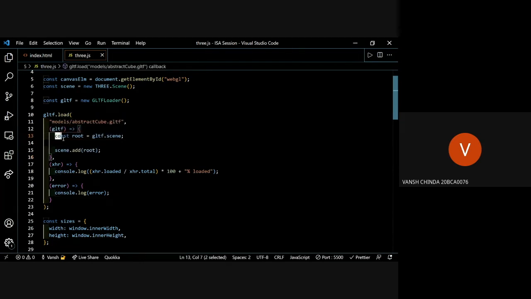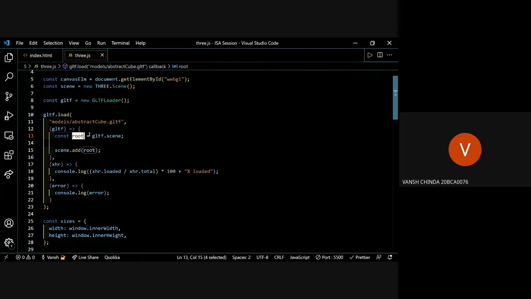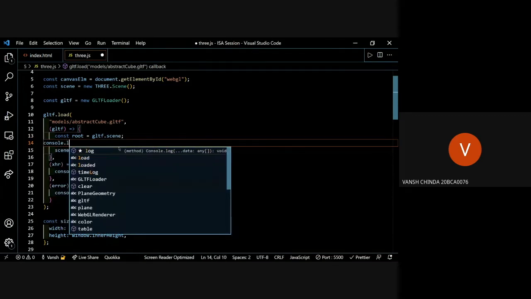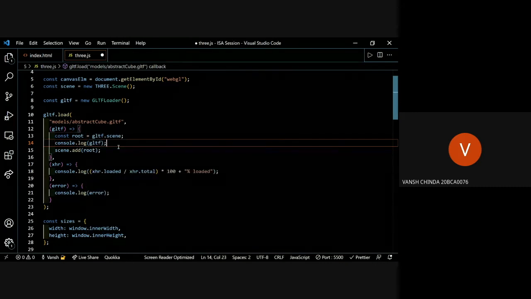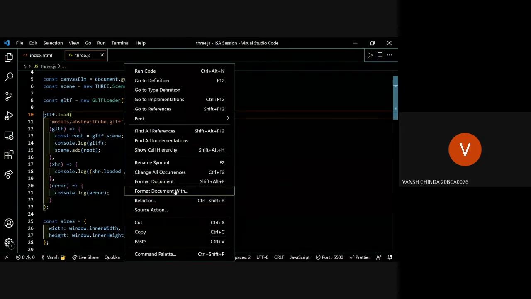The callback function will be called, and what it does is it just creates a root element. I don't know why I call this a root, but what it basically does is it takes the GLTF file and its scene. Let me explain this better. I'll just console.log the GLTF object in the console. I'll open this with the live server.